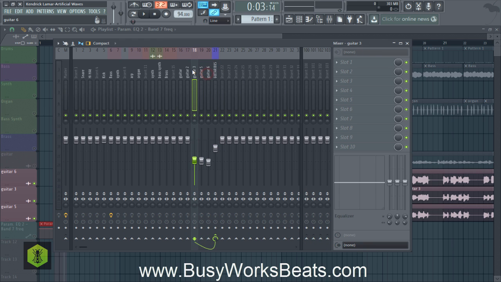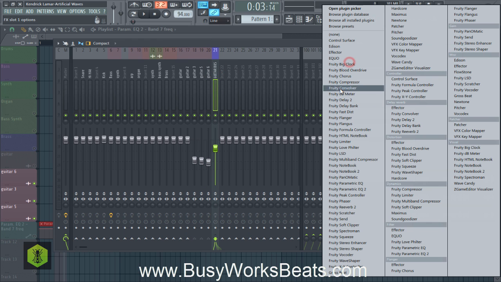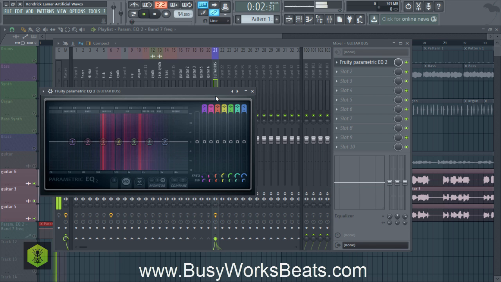And now we can control effects for all the guitars at once. Instead of putting an EQ on each of these guitars, we can now just put one EQ on the guitar bus, for instance. So let's go to Fruity Parametric EQ 2. Let's just put a gentle low pass or a gentle high pass and cut out some of the lows that aren't really present anyway. But then we're going to boost at about,